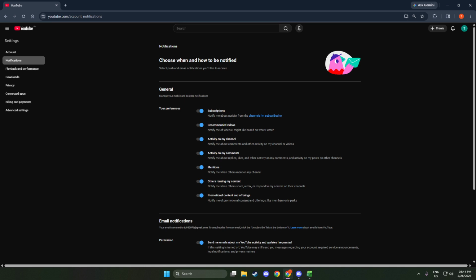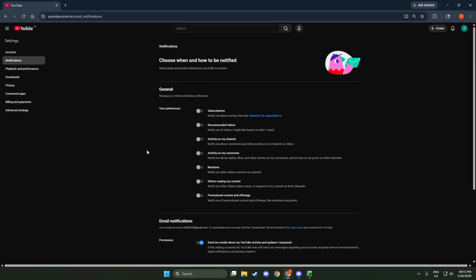You might see different types of controls depending on the category. Some items are simple switches that slide on and off. Others may offer choices like All, Personalized, or None. In every case, disable the switch so it's off, and if there's a chooser, select None. Work your way down the list methodically so nothing gets missed. If the list is long, scroll to make sure you reach the end.